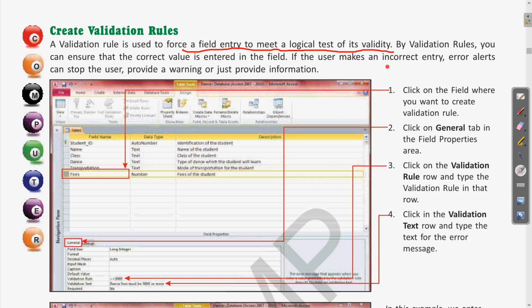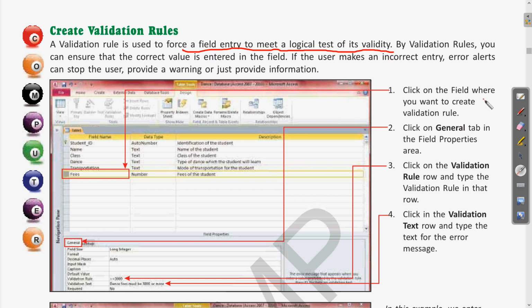If the user makes an incorrect entry, error alerts can stop the user, provide a warning, or just provide information. If you have already set some validation rules, and the value entered by the user is not according to that rule, we will get an error message. So this is the use of the validation rule.